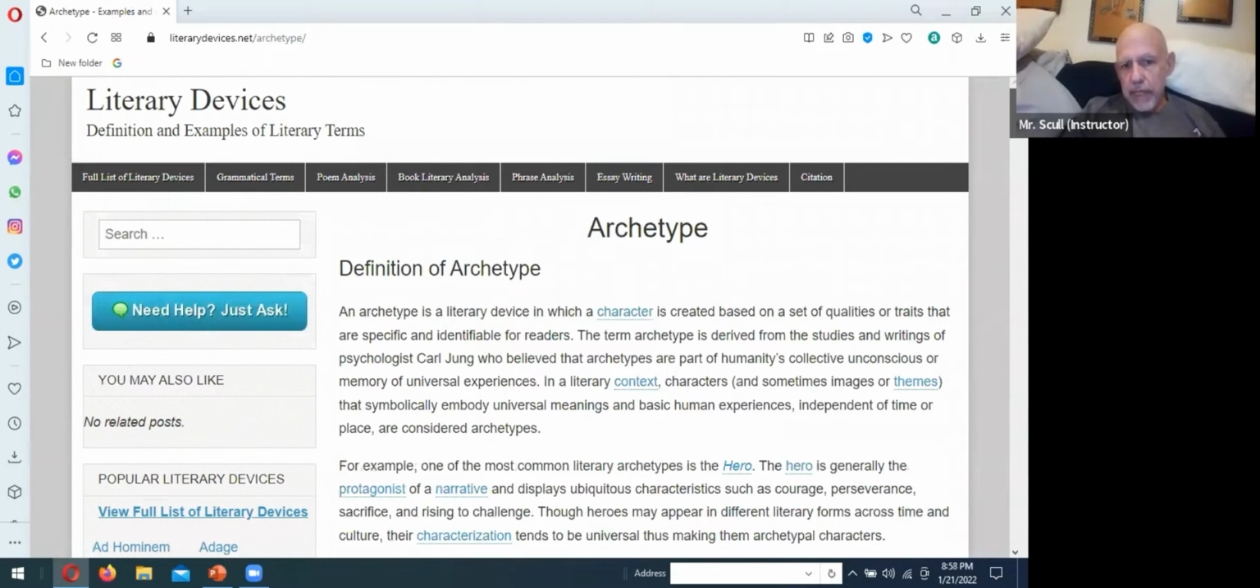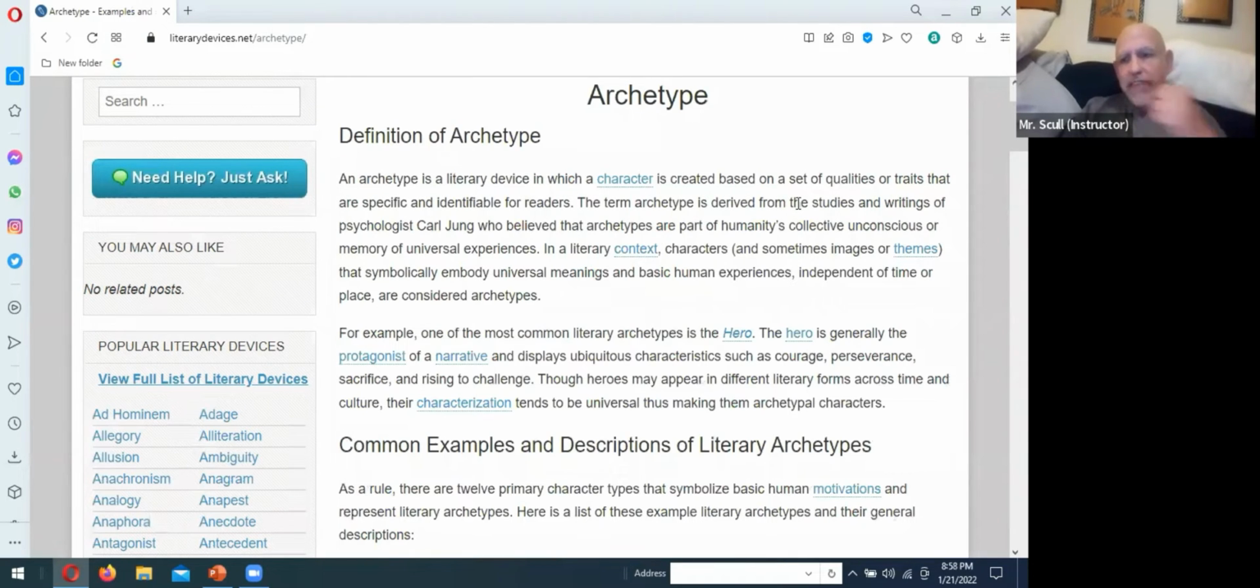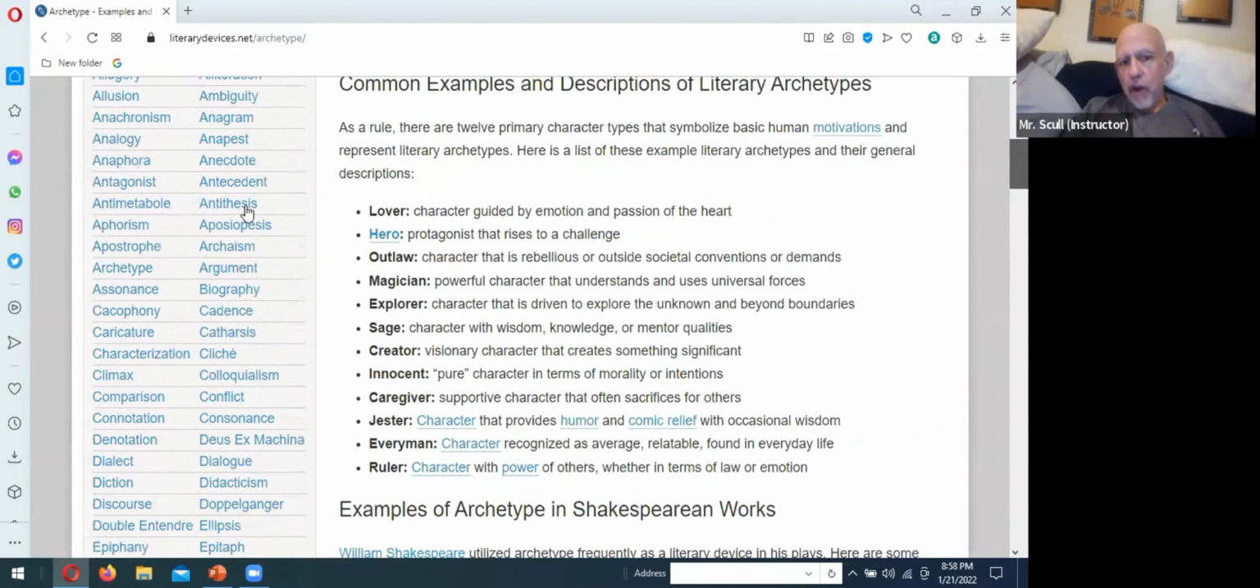Okay, so an archetype is a literary device in which a character is created based on a set of qualities or traits that are specific and identifiable for readers, right? So these are common archetypes. These are characters that we see over and over again. The lover, a character guided by emotion and passion. A hero, who is a protagonist. An outlaw, a criminal, a character that is rebellious or outside society, right? A magician, a powerful character that understands and uses universal forces,